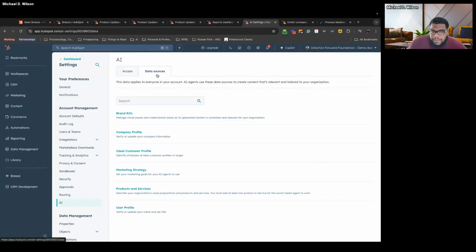They have plenty of information on different things in terms of how they use data and all that. I definitely recommend reading their Trust Center and their terms. All right, so in the AI, you can click on data source and you can see this list of things. So how does this AI know information about you